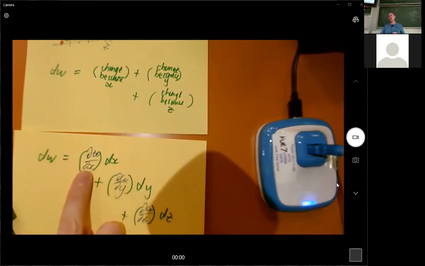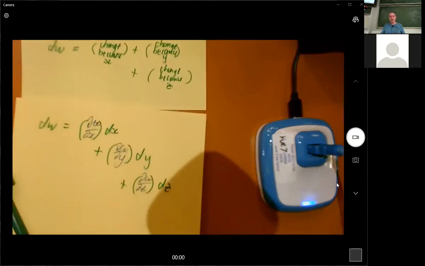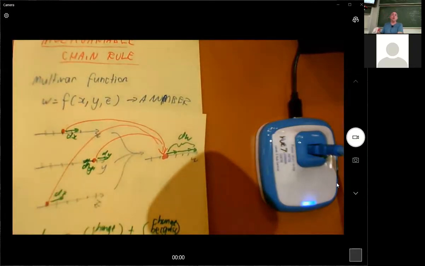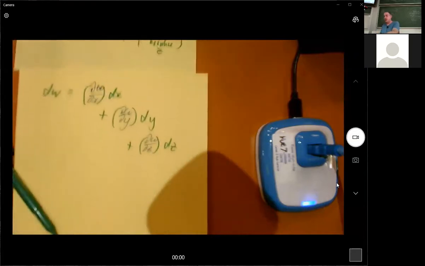Because it might be that for different X's, if X is higher, W will move faster than when X is lower. So this is why the multivariable chain rule, because this is the idea. What if the thing that was causing these three things to change was time? Because that's usually what causes things to change, is time. So I could imagine